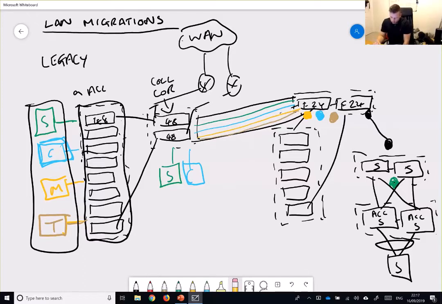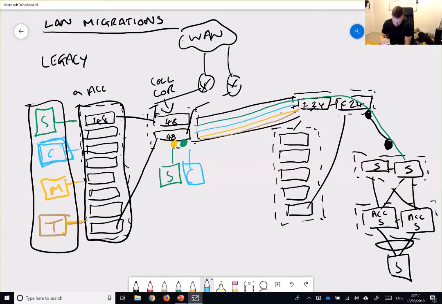So let's rub these out for the moment, and say that that green one would basically go down there, and the default gateways still reside on the legacy side of the network.